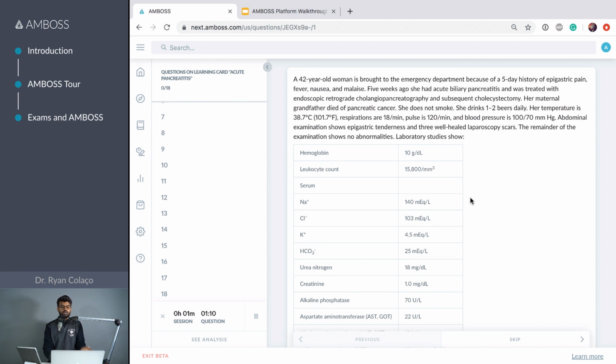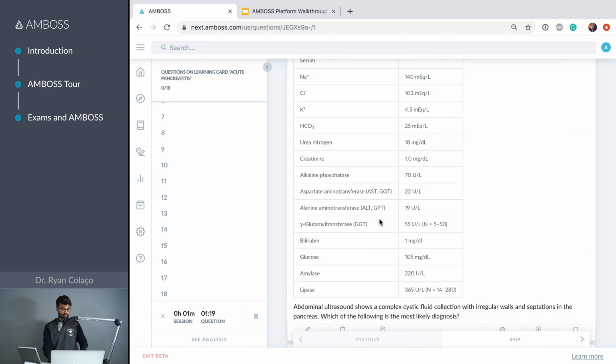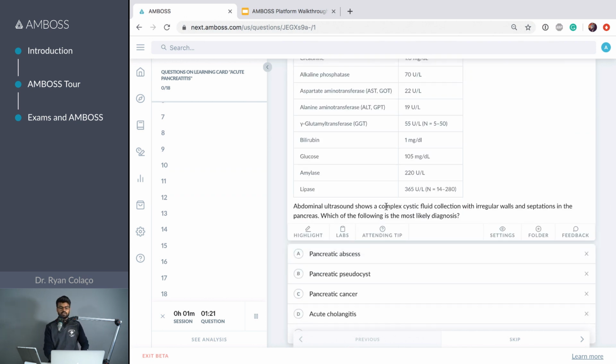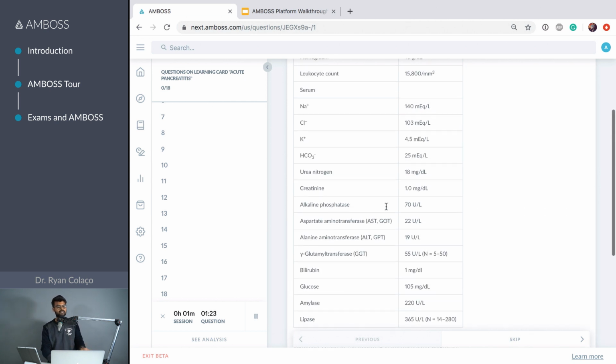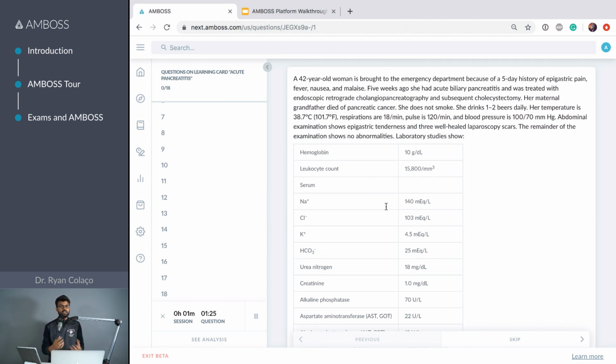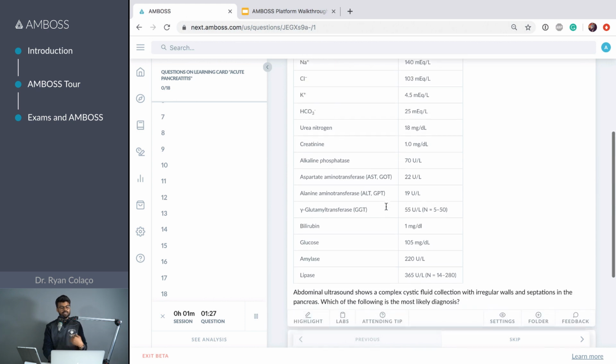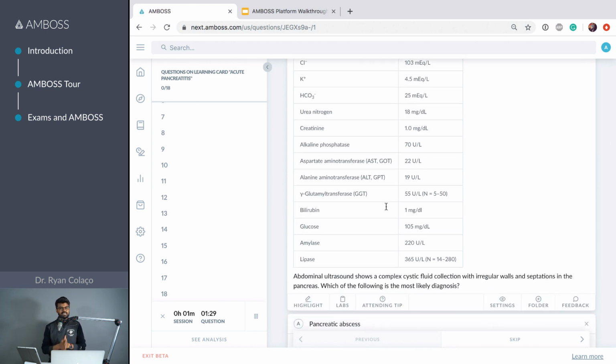So there is the presenting history, there is a lot of past history, also her personal history, her lab reports, and some radiology reports. This is exactly the amount of information you get when you are seeing a patient. Now, this can be a lot, right? And if you were seeing this patient in the OPD and there was a senior resident sitting next to you,